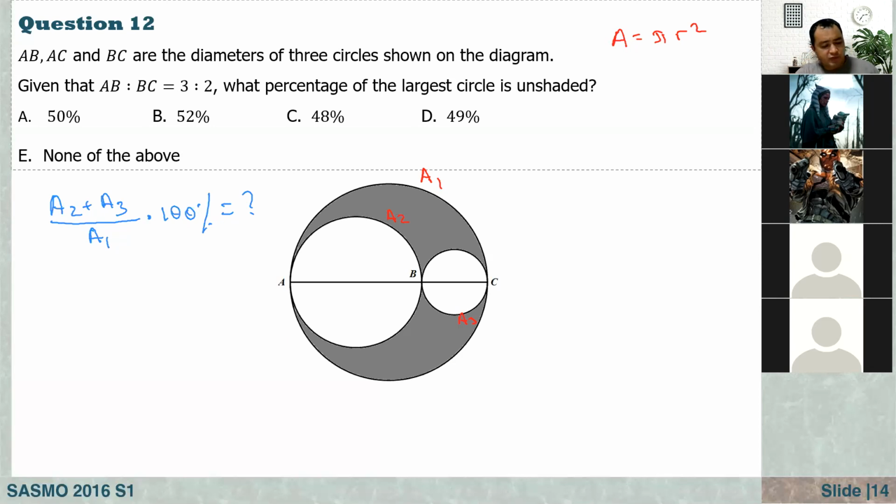Okay, so you have 2 minutes. Try this. It's not a difficult question. You're just going to use one simple area formula, and after that, simplify your answer. Let's see what we get.